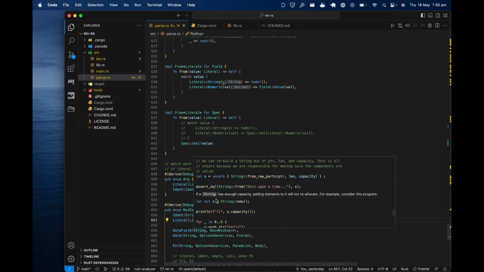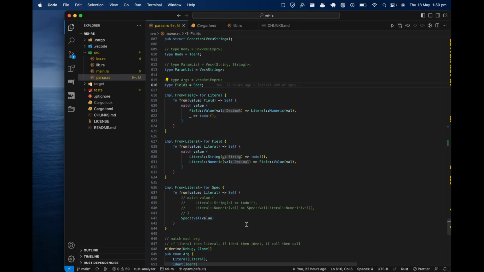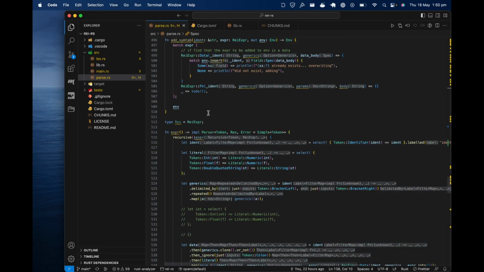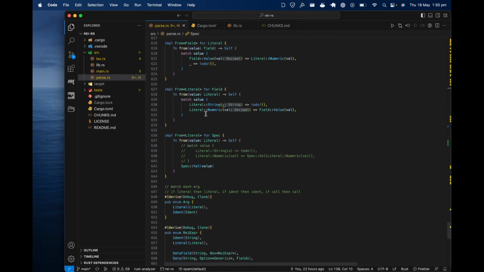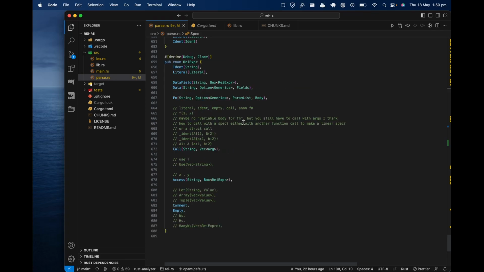I'm not even really sure about this string spec. That's one of the problems, isn't it? Damn it. Yeah, I think I can't map it to spec right away. I have to process it into a spec later. So this is one of the other things with Rust. Greatest language, but